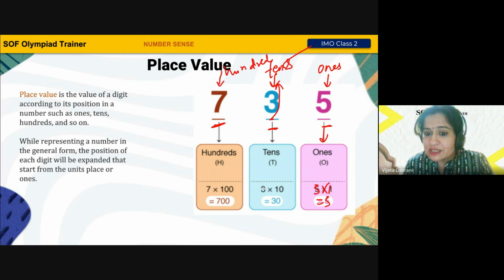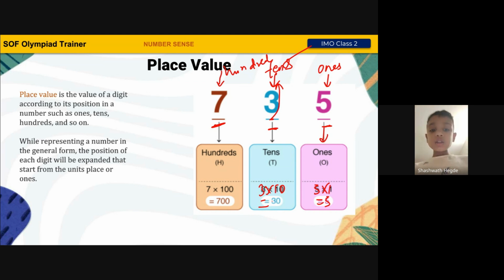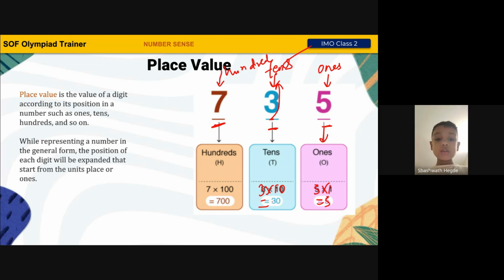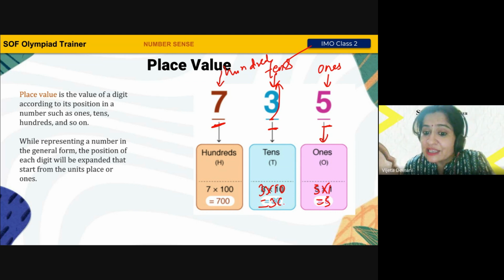Okay. Now if you move on to the next one, which is tens place. What is the digit? Digit is 3. And we know the place is tens. So now we are going to multiply it with 10. So 3 multiplied by 10. Athar, 3 tens are? If I multiply, 30. Very nice.